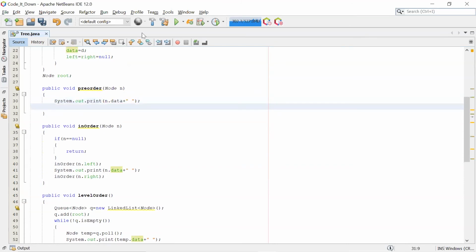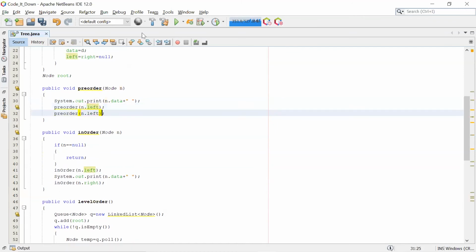And after that, we will recursively go to the left part and the right part respectively: n dot left, and similarly n dot right.